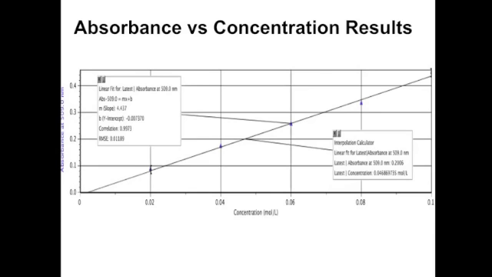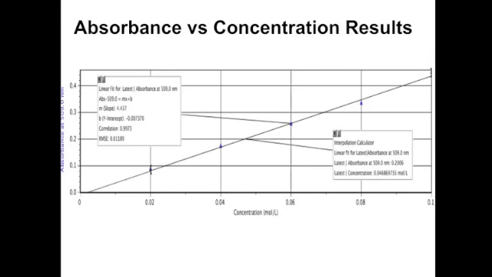On this graph, we see the results of concentration versus the amount of light absorbed. The more light absorbed, the darker a solution will be. This graph shows the relationship determined by Beer's law. The higher the concentration at the right end, the more light absorbed. The frequency of light doesn't change at all, but how much light is absorbed varies linearly. Because of this linear relationship, we were able to determine that the concentration of the unknown was